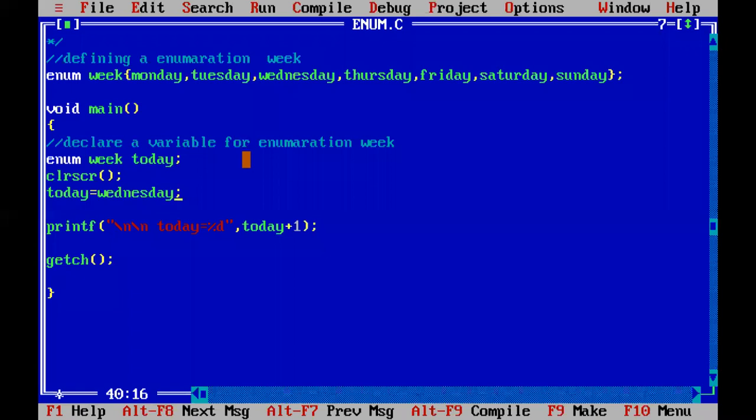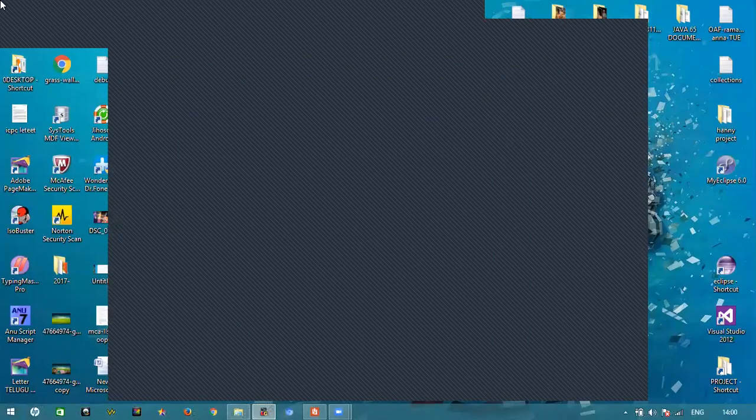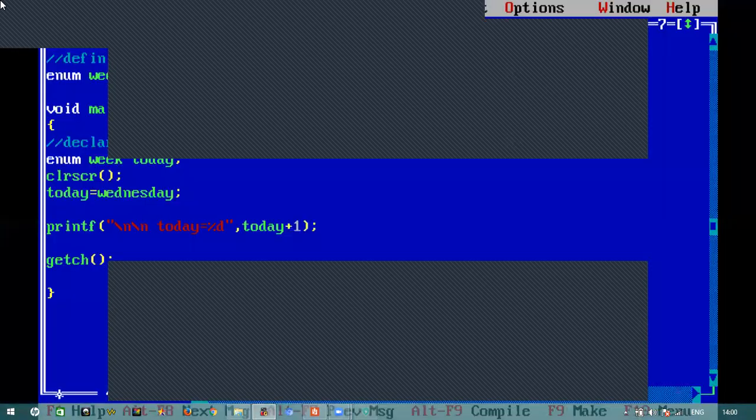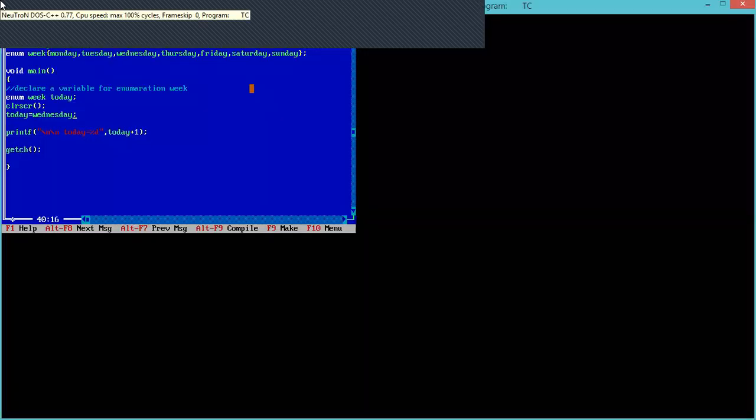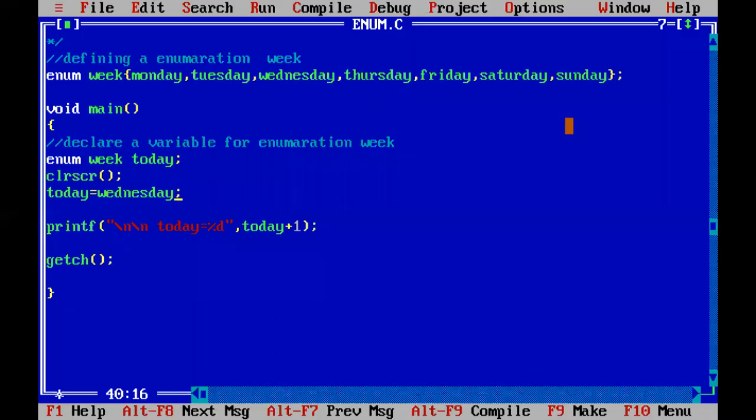So when you are doing the programming of this week enumerations, month enumerations, or you are doing the programs of year, this kind of enumeration program is very helpful because we cannot deal with Monday, Tuesday, Wednesday. We cannot remember all the 7 days in the week with the names.